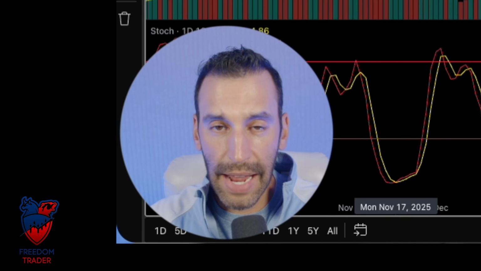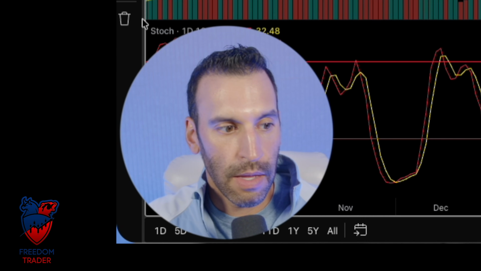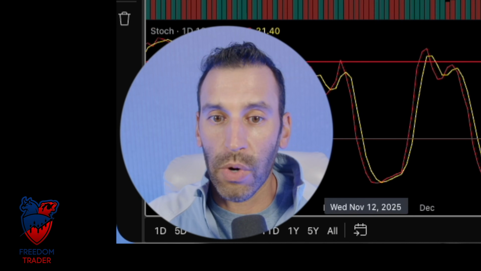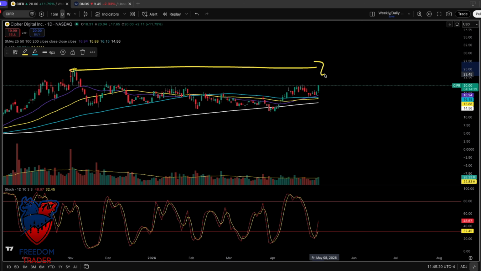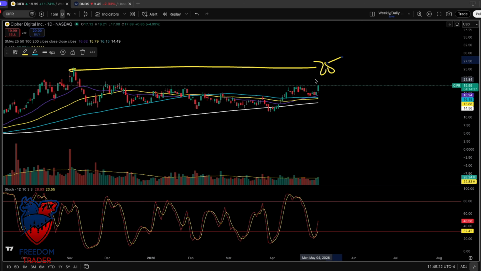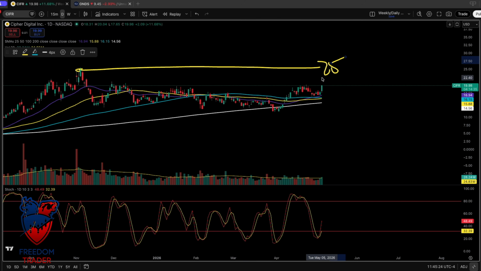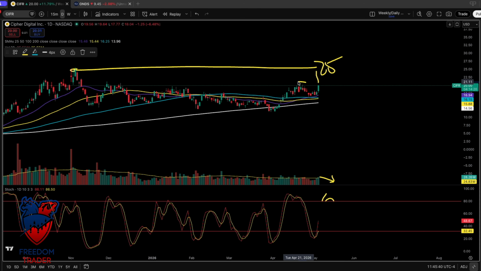Now, with this, I can also say, I have a pretty darn good idea of where I'm going to exit this thing. If this gets up to this level, I know this is more likely than not my exit. 25 is about my exit. There's really nowhere else to go. And by the time this stock price gets around 25, this is going to be all the way up here, and this is going to be all the way up here, and it's going to be starting to turn down. My buying volume is going to start to decrease. So I'm actually going to probably be seeing some selling, and I'm going to start getting these wicks on the